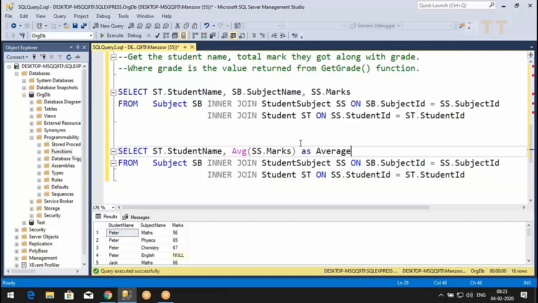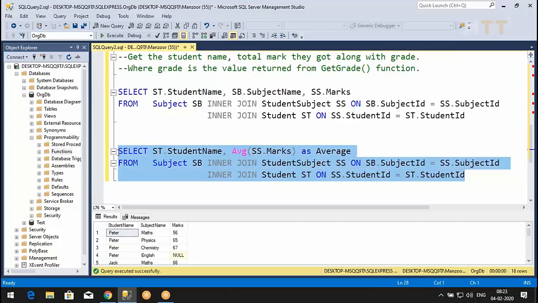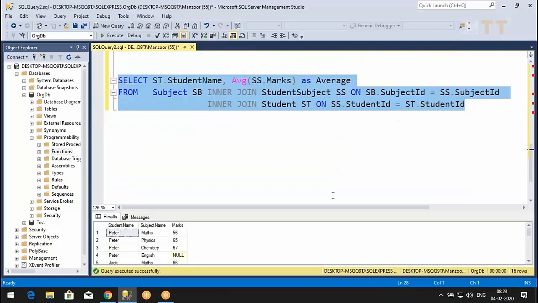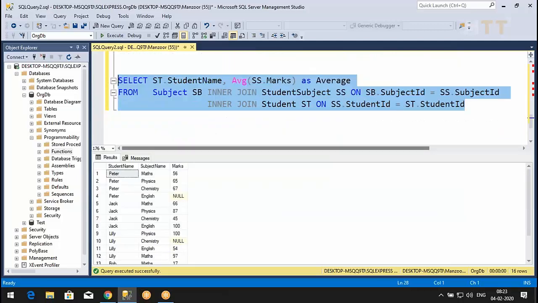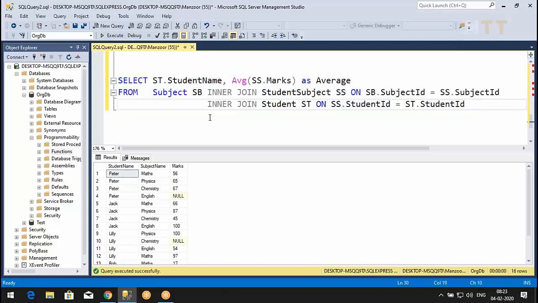Now what should I do? Will it work? Student name and average. Is it going to work? We have student name and I want average of all the marks. Will it work?